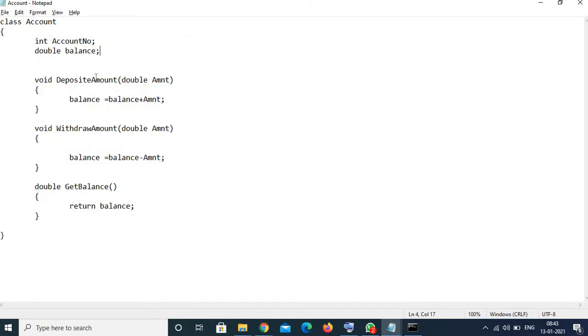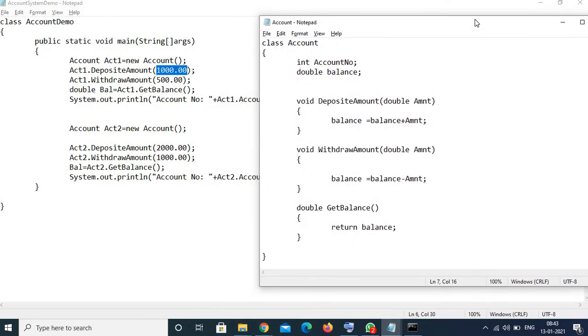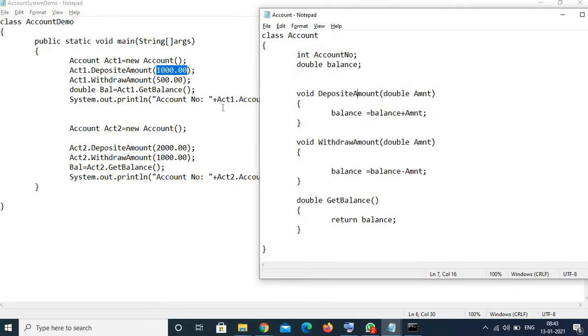This method would be called, it will receive ACT1's reference, and that 1000, which we have sent as an argument, will get received in this AMNT variable.